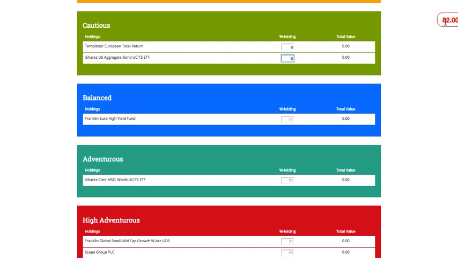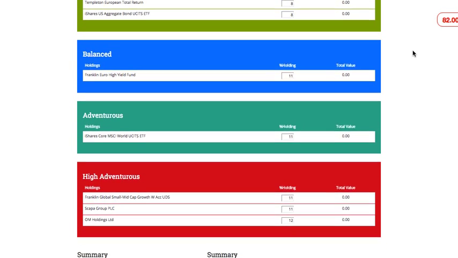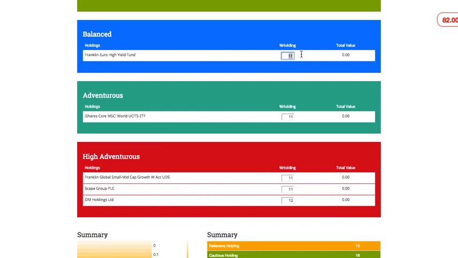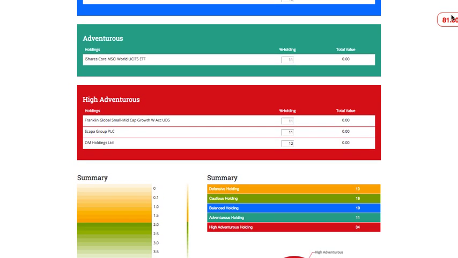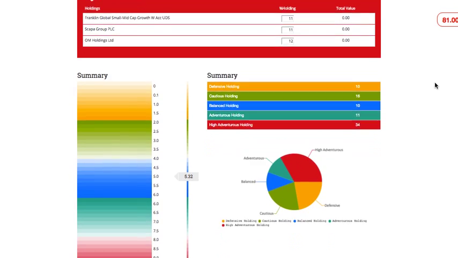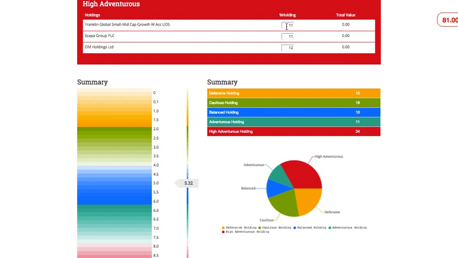Now we've got a discrepancy here. It's gone down to 82. Balance, let's change that, let's drop that by 1. So we've got a 19 missing off here. So we can add 19 onto here, so let's do that. Let's round that up to, let's say, 20, and we'll stick that as 21. So you'll see that it's gone to 7.12 now, which is in adventurous, not in highly adventurous, but again,